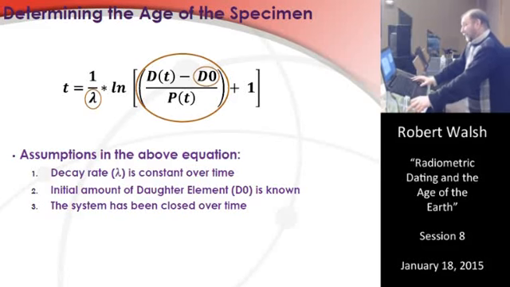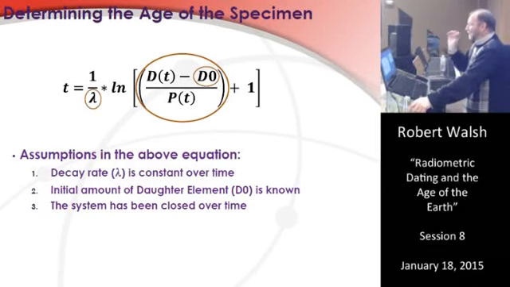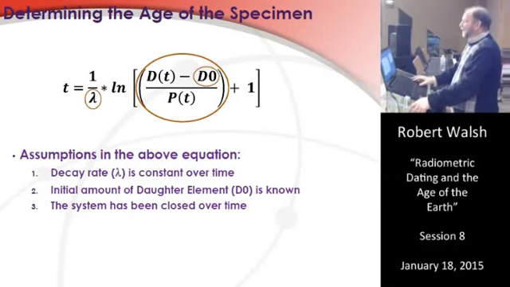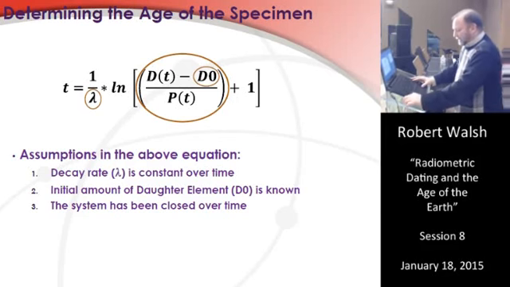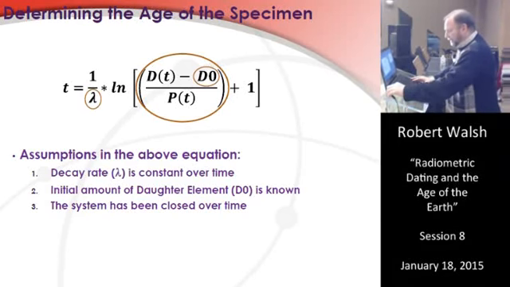And finally, and what I consider to be more important than anything else, is that the system's been closed over time. So that means that whole element in the parentheses has been closed and unaffected by the environment. Okay? That means the daughter over time and the parent over time have not been impacted by anything outside of themselves. So this is the equation that is used to date